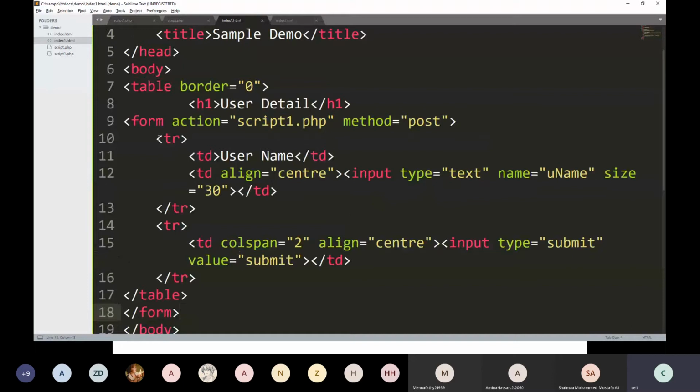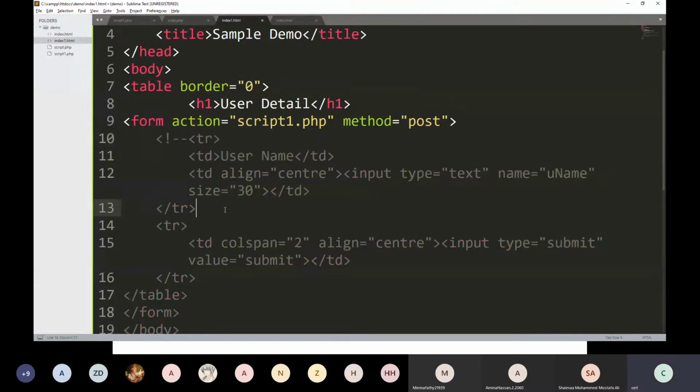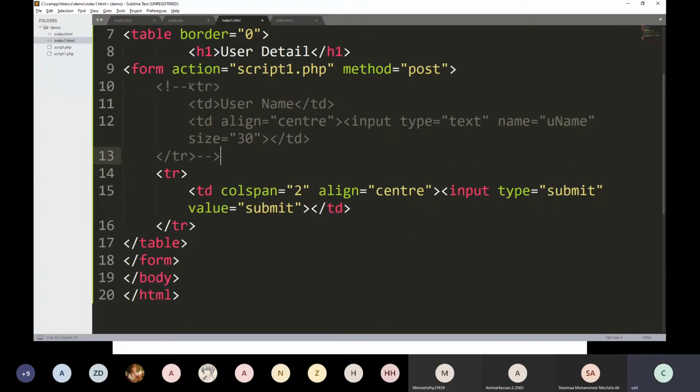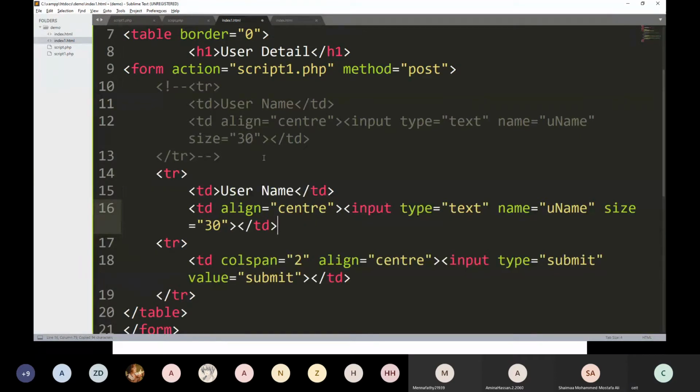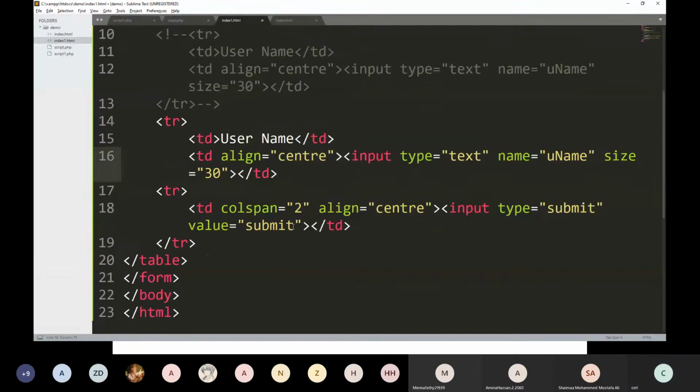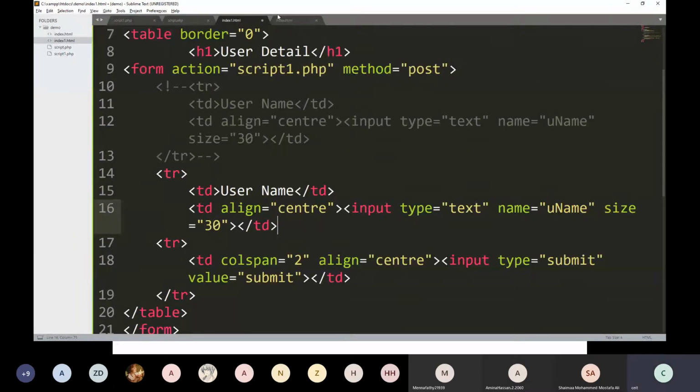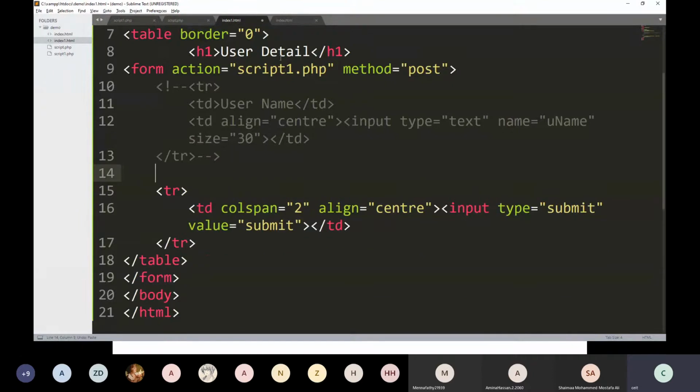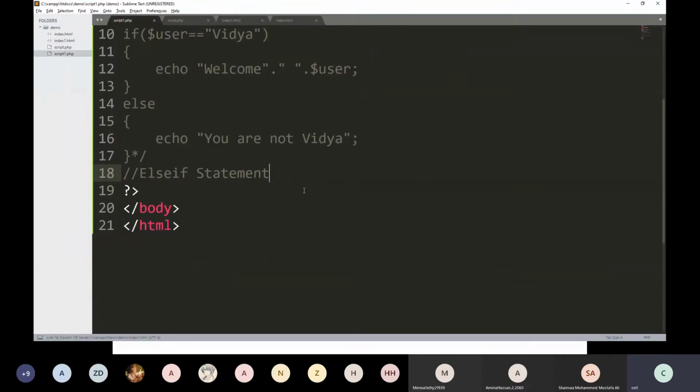I just comment this line, and I need this, copy, paste, value. Then I am not making it with the form. I just show you in this particular script itself.